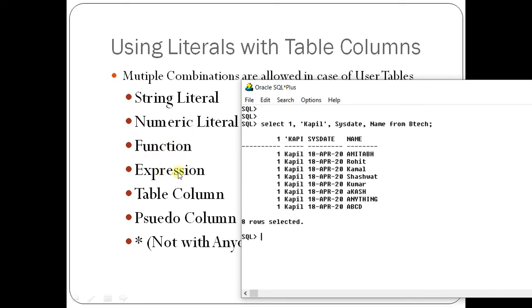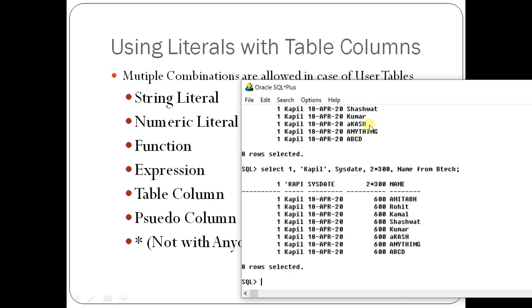Now similarly we can use an expression. What is an expression? You can type something like 2 into 300. This is an expression, comma name from BTEC. Again the answer will come like this. You can see numeric literal, string literal, function, expression, table column. And you can also use a pseudo column.